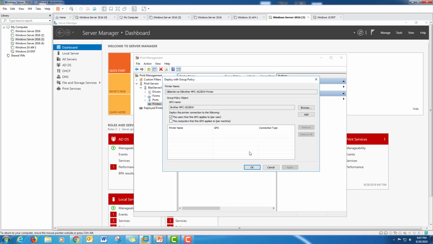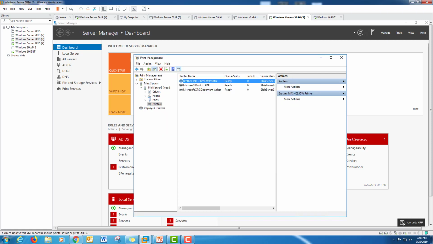So let's go ahead and add that, and we'll go ahead and click the add button. And then now we want to click apply, and then we'll just click OK here and click OK. Now we need to